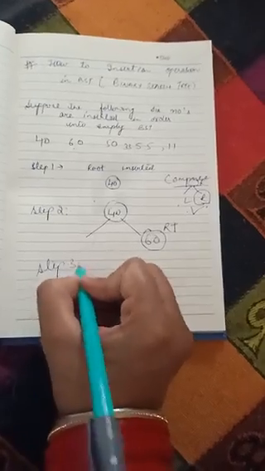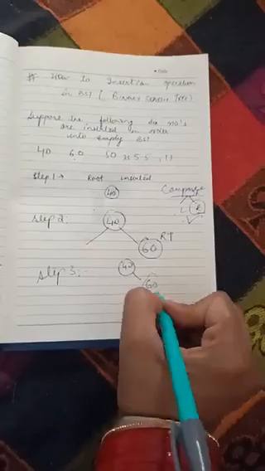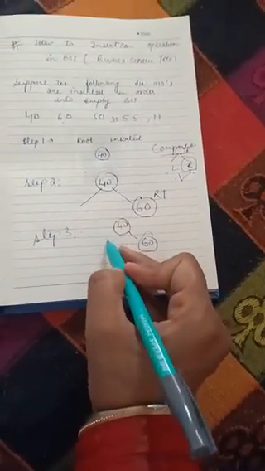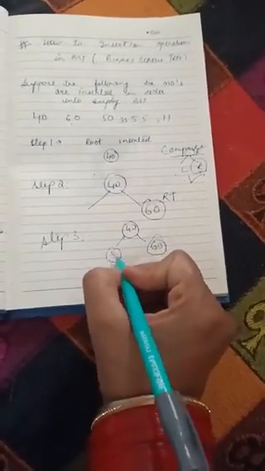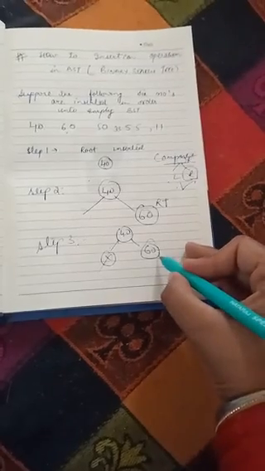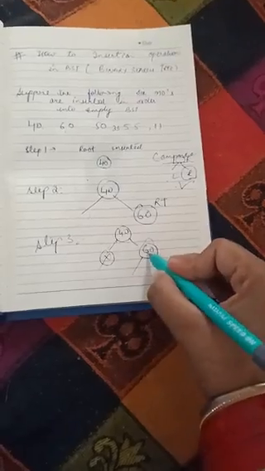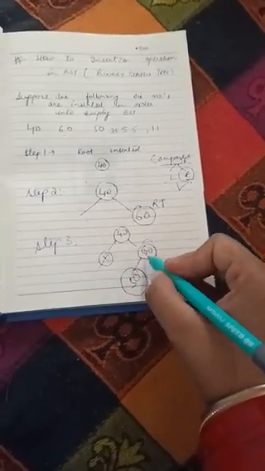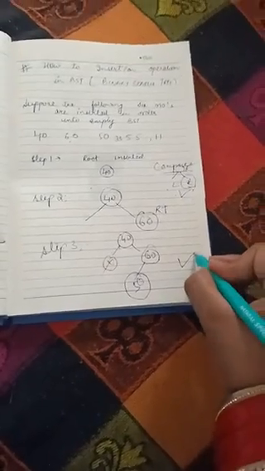Step 3, 40 and 60 we have inserted. The next is 50. If we insert it in this node, it is greater than 40, so we can't insert in this area. So we check the right node, and when we compare, it is less than, right? 50 is less than 60, so we insert it in the left node of 60. Okay, so this is the right condition.